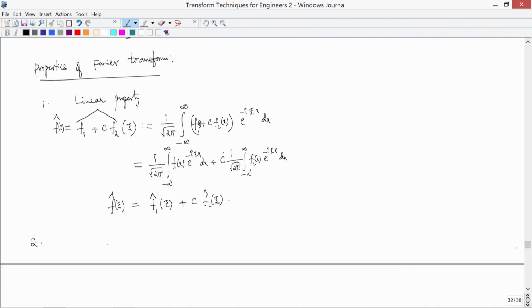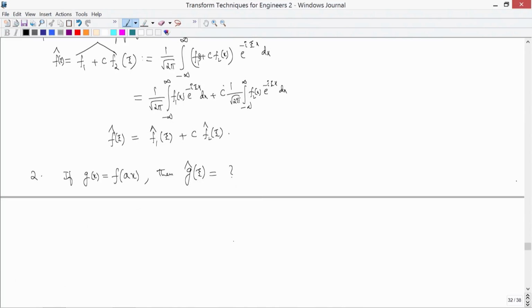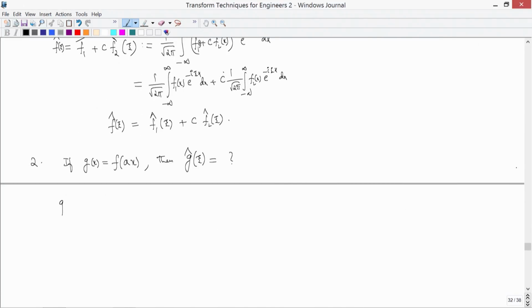The second property that we see is what happens if you try to take a function and scale the variable with some a. This is a function of x, so it becomes xi. So, in other words, if g(x) equal to f(ax), then g cap of xi, we will see what exactly it is and then we write it. So, by definition g cap of xi is